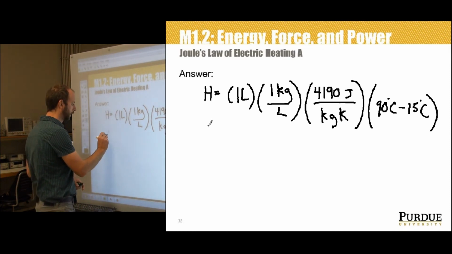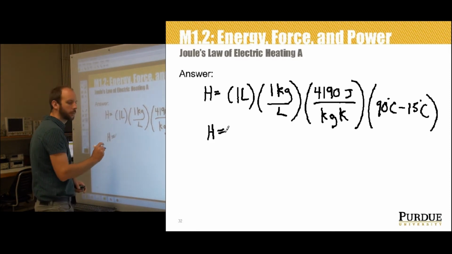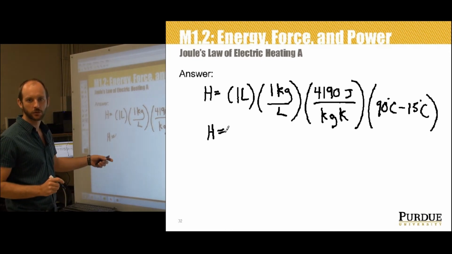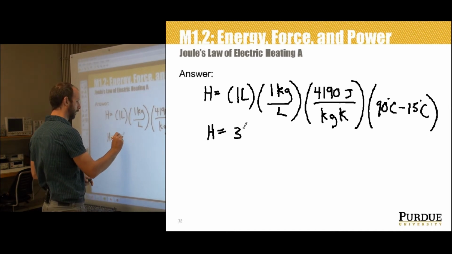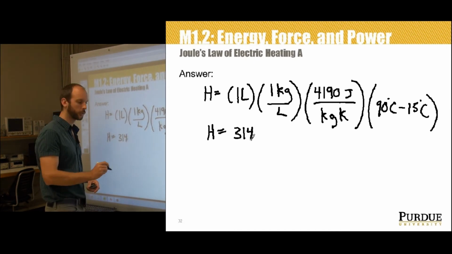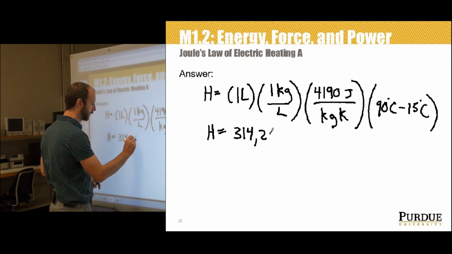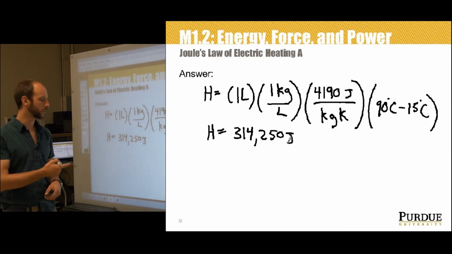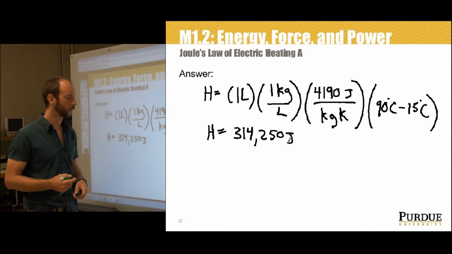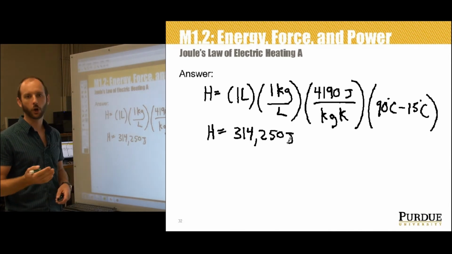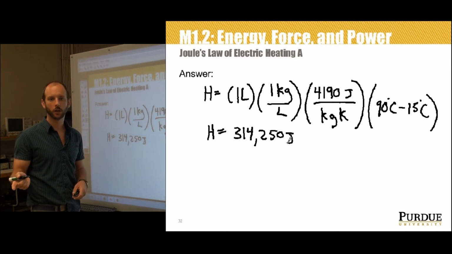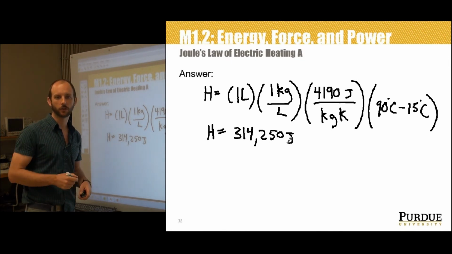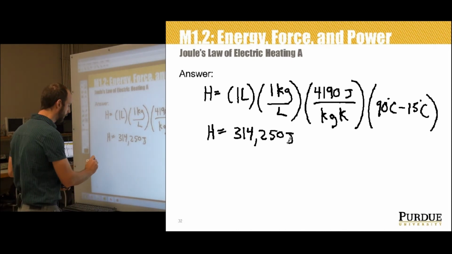So what that means is that in heat energy here, we get 314,250 joules. So that's the total heat energy for the temperature change that we've gone through. From Joule's law, we can calculate the total heat produced via the current. And we don't even have to convert to kilocalories. So from Joule's law, we can say heat